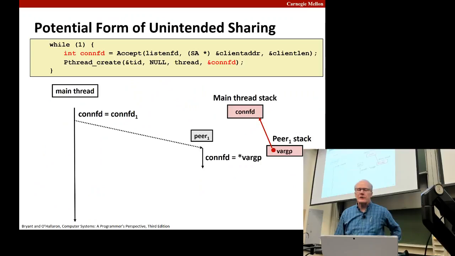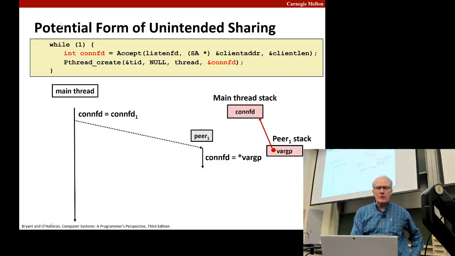Okay, so now let's talk about why I went through that rigmarole about mallocing in one place and freeing in another and passing a pointer. Why did I do that? Well, let's imagine we did the more obvious thing, which is we just have a local variable called the conFD,